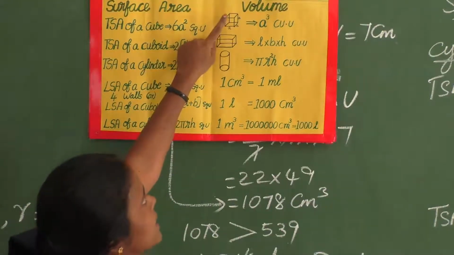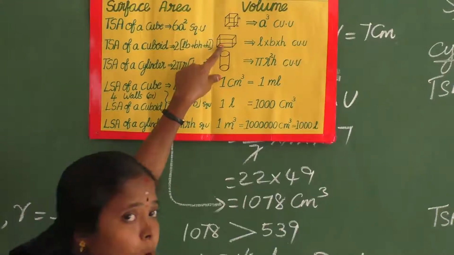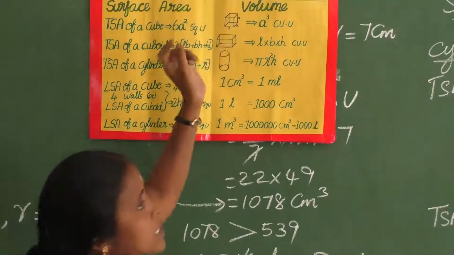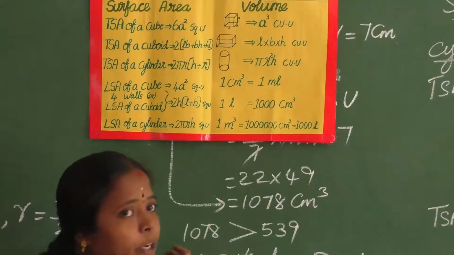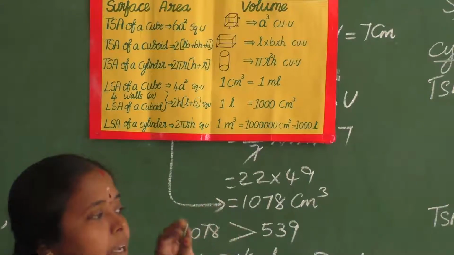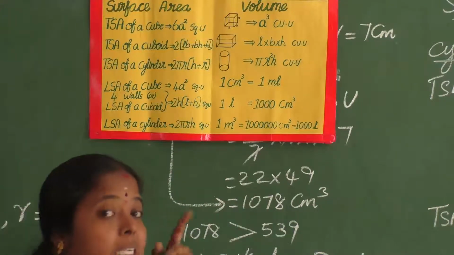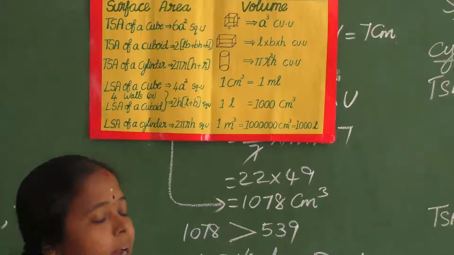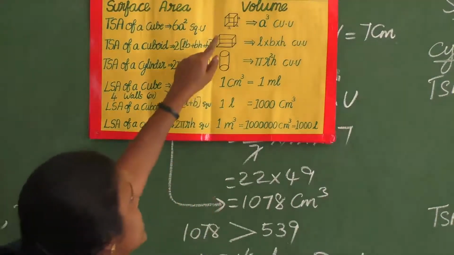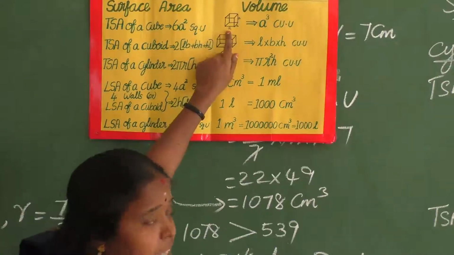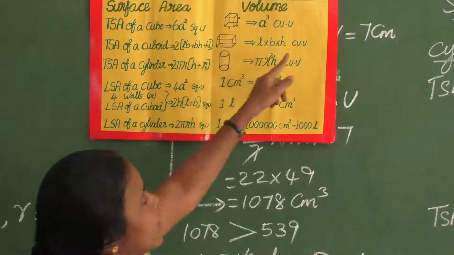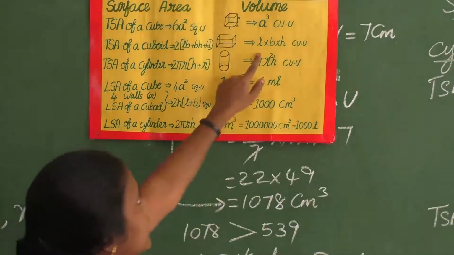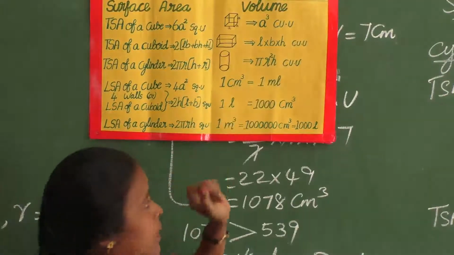Cube volume, it is the special case of cuboid. Here all the 3 measurements are equal. Cube, what you know already, has all 6 faces. Each face looks like a square. Square means all the sides are equal. So their length, breadth, height, everything is the same only. So I have considered each measurement as A. What is its volume? For cuboid, all 3 measurements are to be multiplied, length into breadth into height, cubic units.